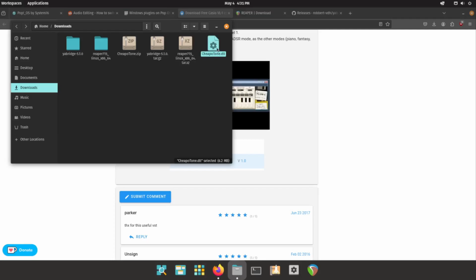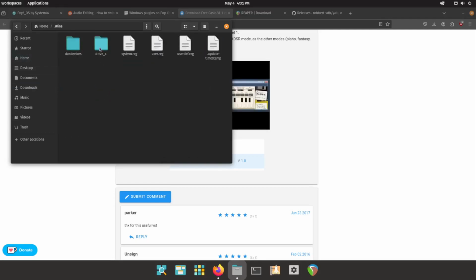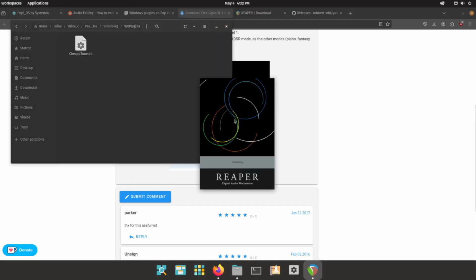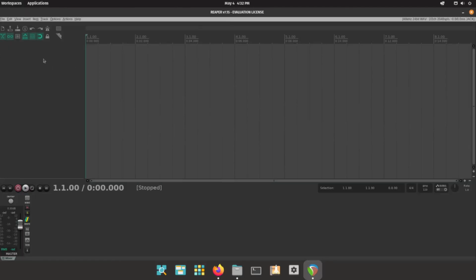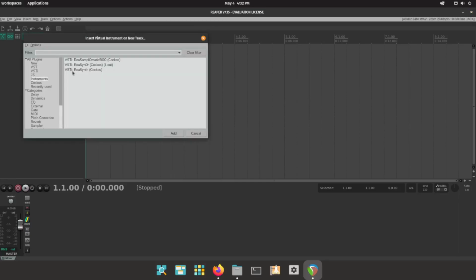Now, what we're going to do is cut this file, go to Home, Wine, Drive C, Program Files, Steinberg, VST Plugins, and paste it in. Now go ahead and open up Reaper. Right click on the left hand side and click Insert Virtual Instrument on New Track. What it's going to do is open up this window and show you all the virtual instruments you have available,